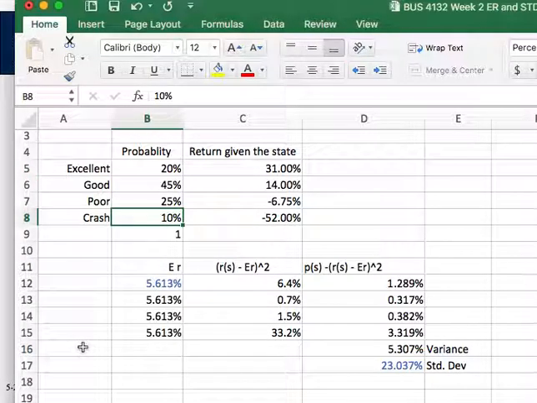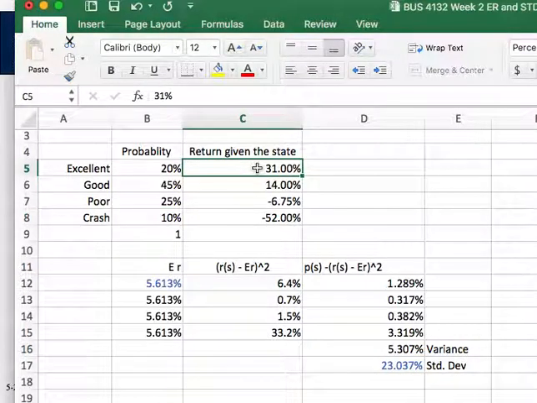Now, having said that, I can also play with it another way. Excellent, 31%. Well, 31%, excellent, I don't know. So if we go back to historical norms, excellent would be like 2 standard deviations. In my opinion, this is just an opinion, 2 standard deviations. If the historical mean is 10% and the historical standard deviation is 20%, 2 standard deviations would be 40% on top of the 10%. So I'm going to change this state up here to